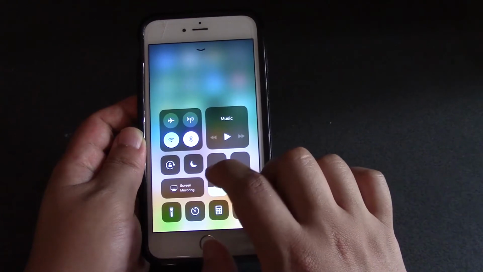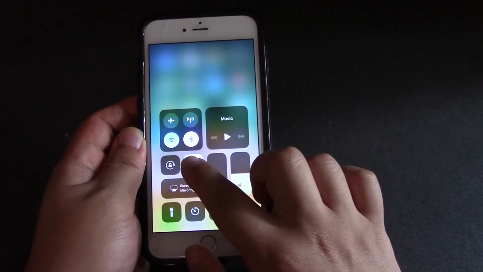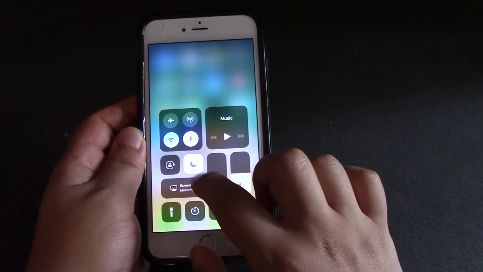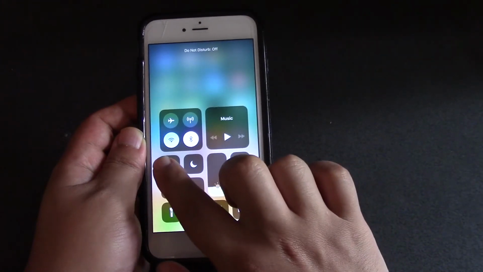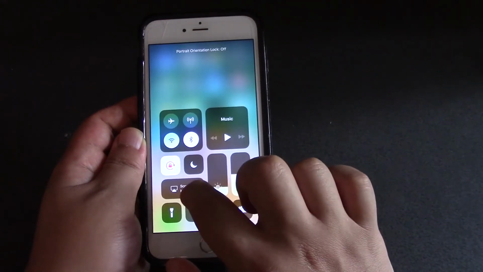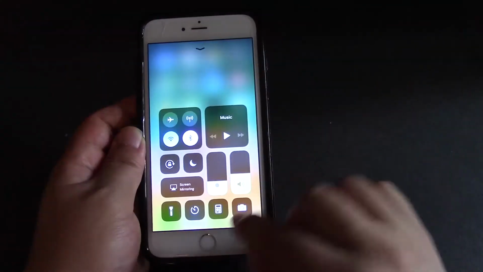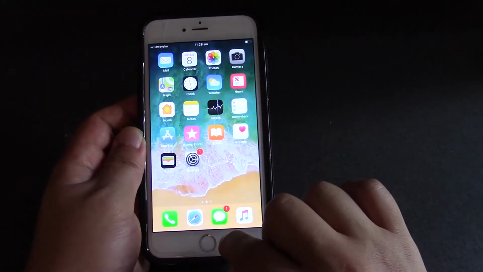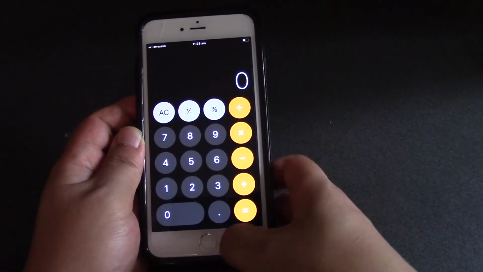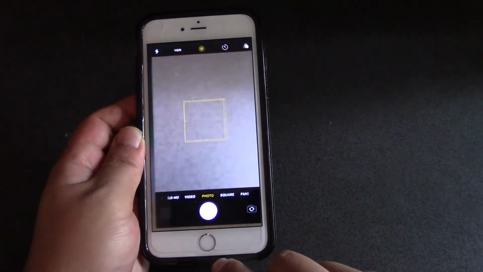Then you've got the do not disturb mode on and off. You got the portrait orientation lock if you want to lock the orientation. You got the sound. You can go into your calculator, or you can go into your camera, or